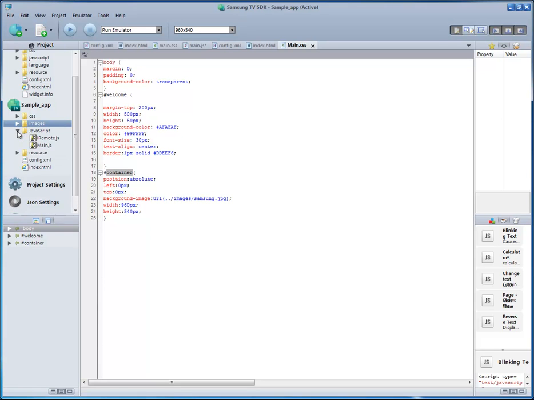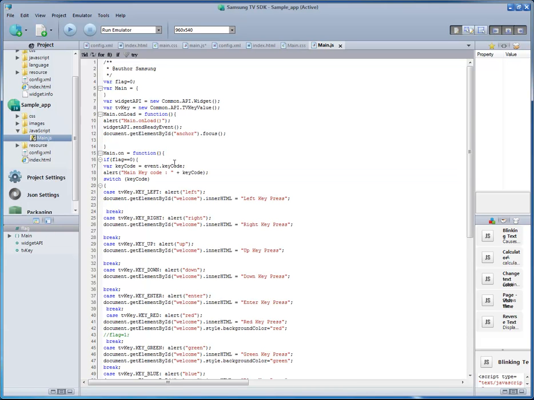Now I'm going to tell you about the code related to the behavior of the app that I have defined in main.js. I don't require this file, so I'm going to delete this. In main.js, you can see initialization of the common module objects, send ready event, focus is set on anchor,